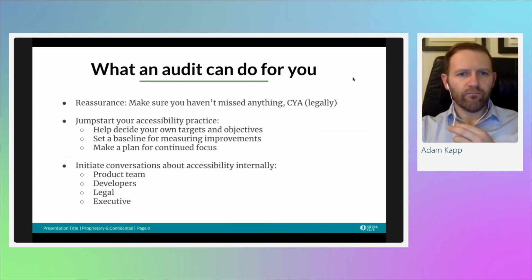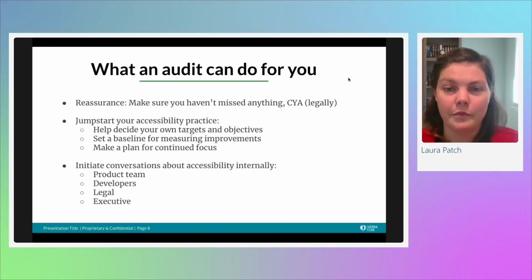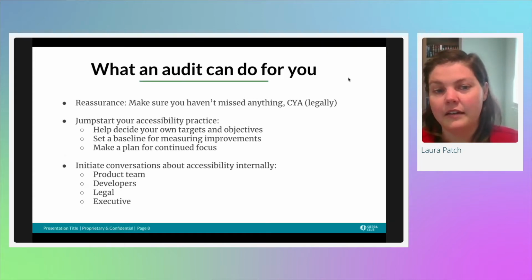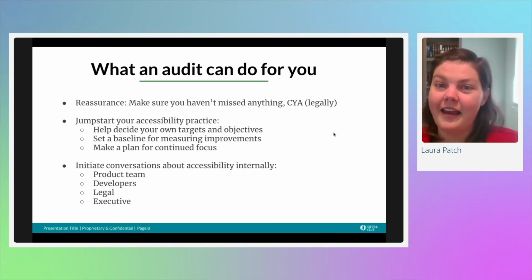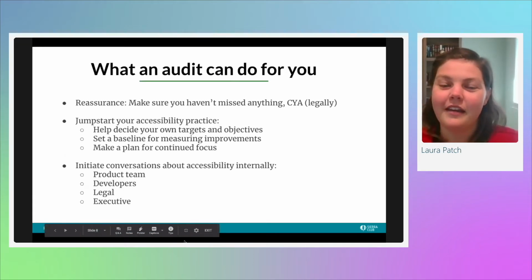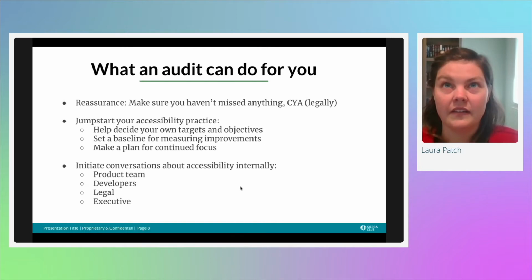The audit helped us find items that we had missed the first time around when we implemented the new brand. It also helped us jumpstart our accessibility practice, because it was something we could go to folks outside of our direct team and say, hey, here's some issues. It helped us decide on a target and objective for our work around this and plan how to address accessibility